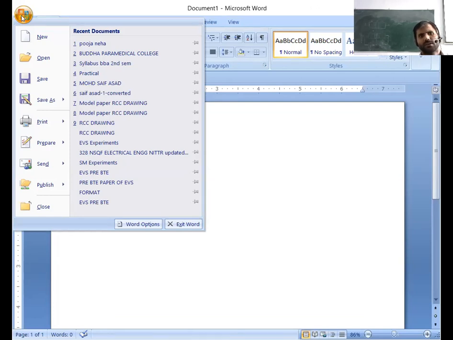So if you want to create a new file, then you have to choose the option new.